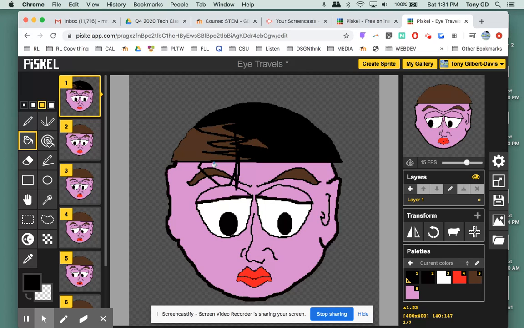All right, last thing I'm going to show you is where we're going to export. This is what you'll click when you want to make your file into an animated GIF. And last thing is resize. You're going to use this